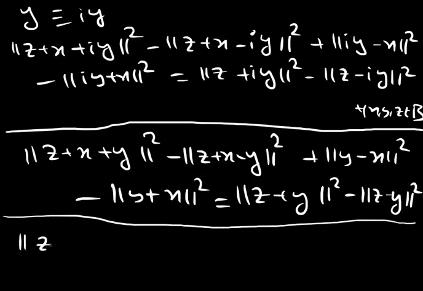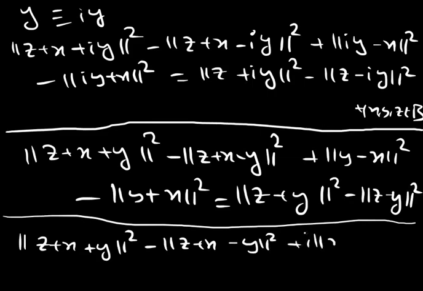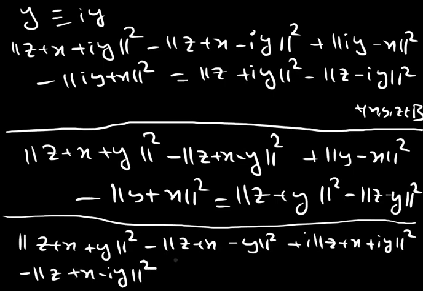Norm of z plus x plus y whole square minus norm of z plus x minus y whole square plus i times norm of z plus x plus iy whole square minus norm of z plus x minus iy whole square plus norm of y minus x whole square minus norm of y minus x whole square, then plus i times norm of iy minus x